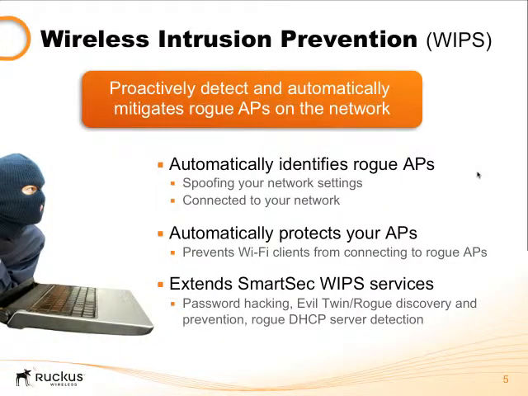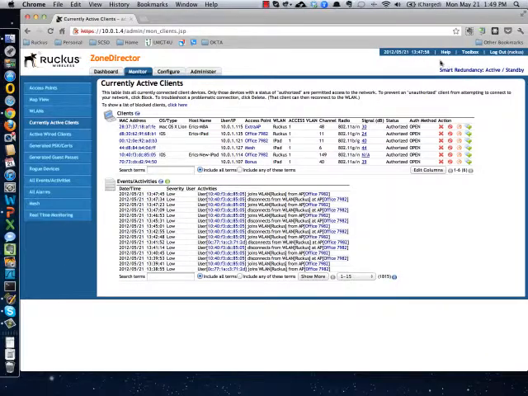We've also added support for WIPS, which is wireless intrusion prevention. We've always done detection, so we were always able to identify rogue APs, but now there is the added step of being able to do something if you have a malicious AP on the wireless or wired network. So now what it can do, by just a simple checkbox, which I'm going to show you,